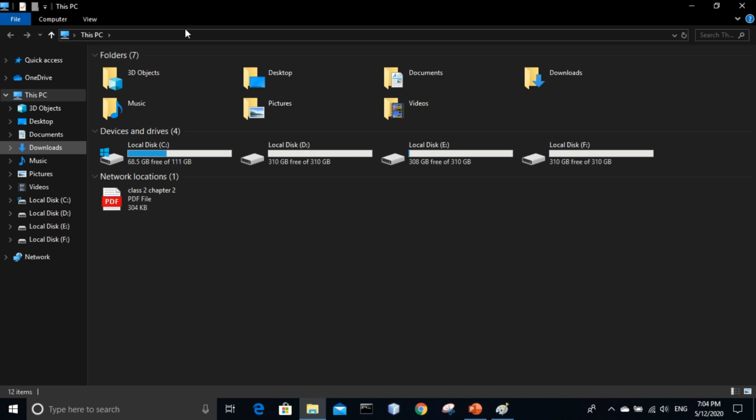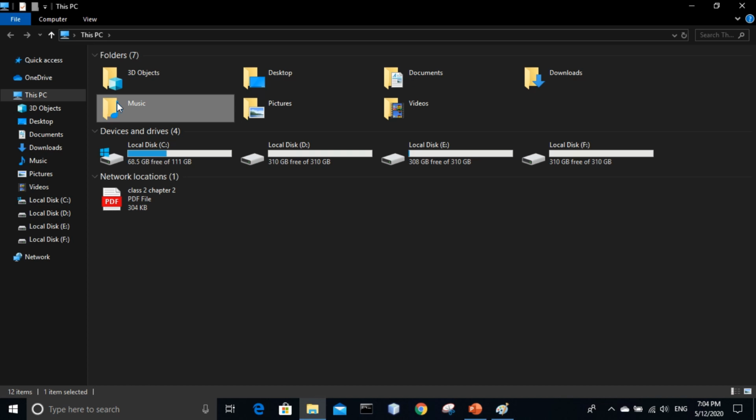See, if I download anything, the downloaded file comes into Downloads. If I make any document, it will come inside the Documents folder. If I save something on the desktop, it comes into the Desktop folder. If I download some music, it comes inside the Music folder.